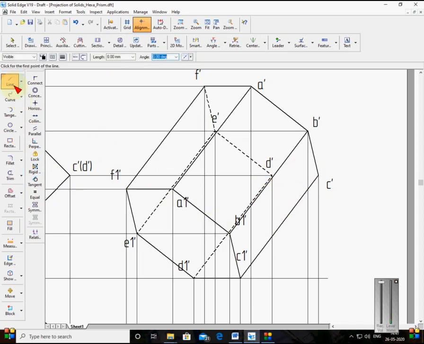Now we join from D dash, C dash. Here, as this C dash is now not seen, you have to keep it in vertical. So double click on that, and you get a cursor here. I'll show the undo. So it is a cursor.